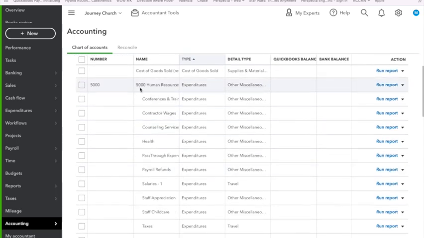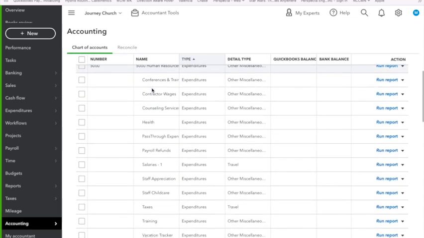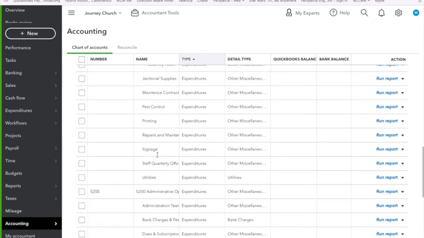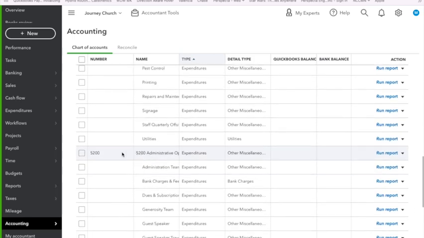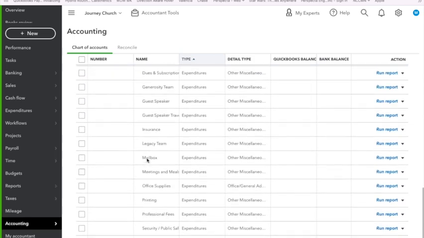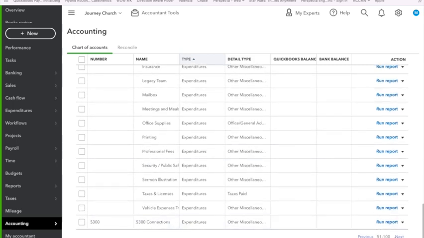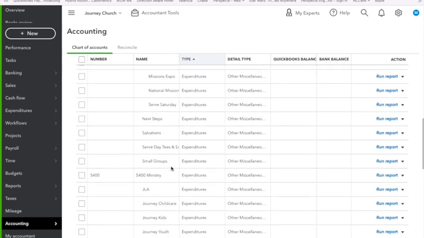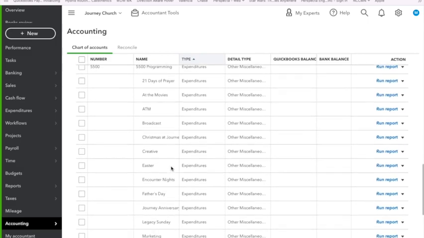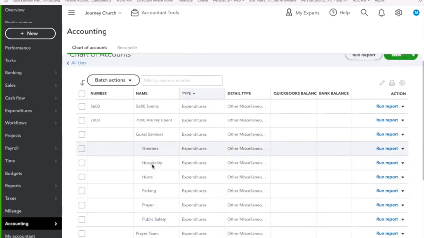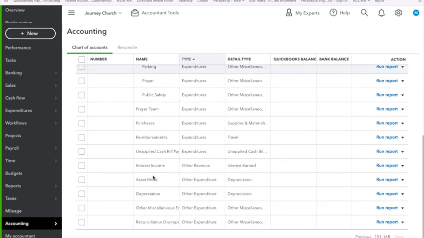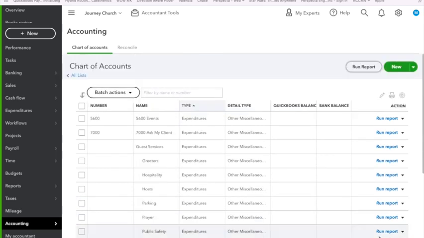For example, here we have accounts associated to human resources, 5,000, buildings, 5,100, administrative expenses and operating, 5,200, connections, ministry, programming, events, and if you notice, we have the Ask My Client account, purchases, and that's the last of the screen.